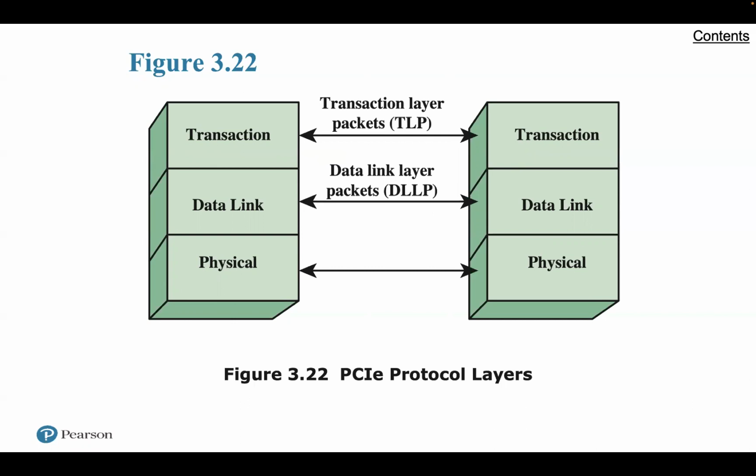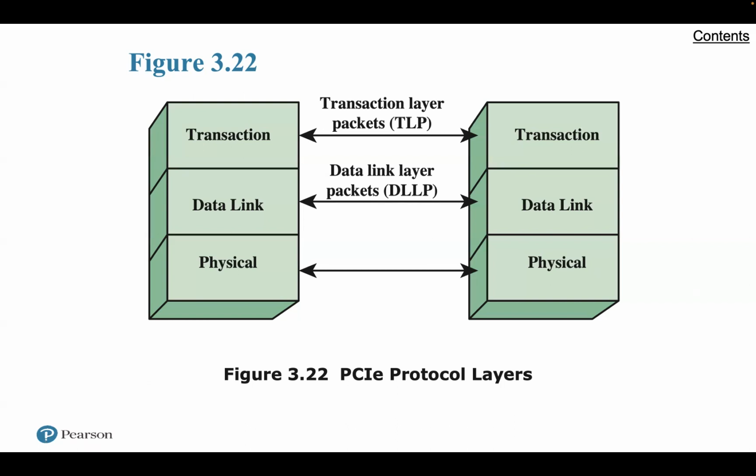The data link layer is responsible for reliable transmission and flow control. Data packets generated and consumed by the DLL are called data link layer packets. So that's what DLLP is, an acronym that tries to capture that. And finally, the transaction layer,